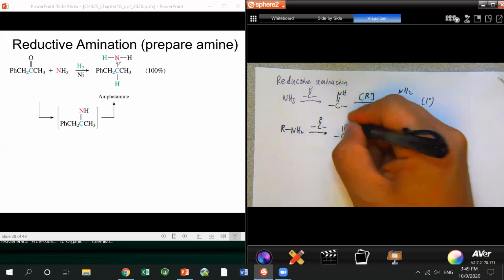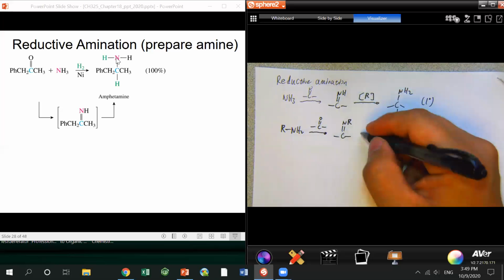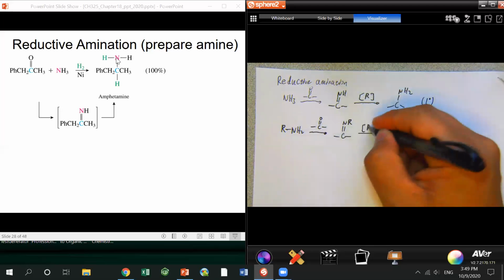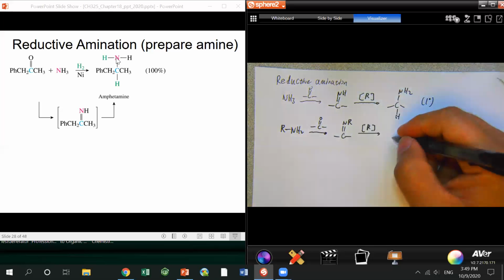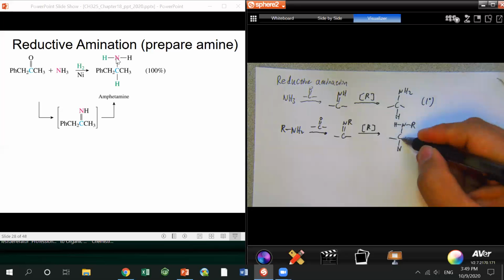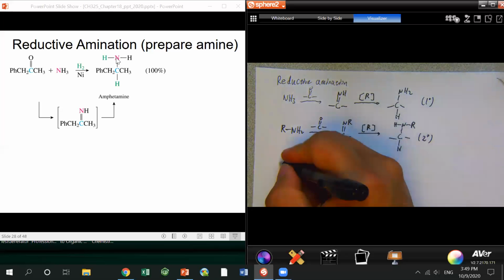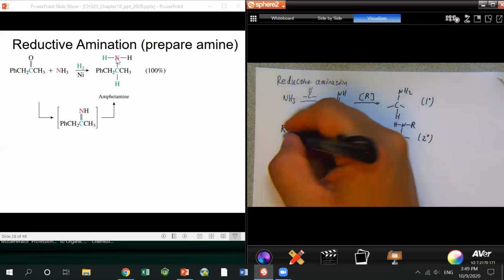After the reaction, suppose you get the imine. But if you have the reduction reagent in the pot, eventually you get a secondary amine. Again, the carbon picks up one hydrogen and the nitrogen picks up one hydrogen. That's your secondary amine. So if you start with a secondary amine,